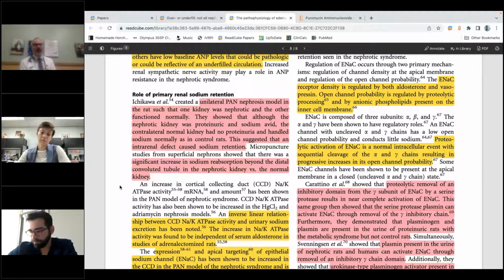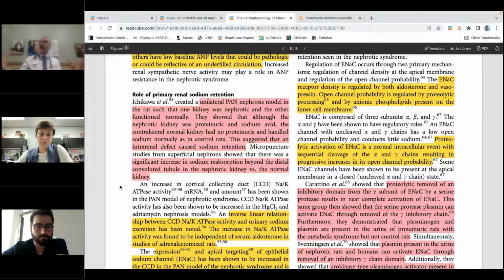So a model of a unilateral nephrosis, and this is again with that PAN, where we have one nephrotic kidney, one normal kidney, that the nephrotic kidney that was proteinuric and reabsorbing sodium, the normal kidney that didn't have any proteinuria handled sodium normally. So that tells you that it's going to be an intrarenal mechanism, that if it was